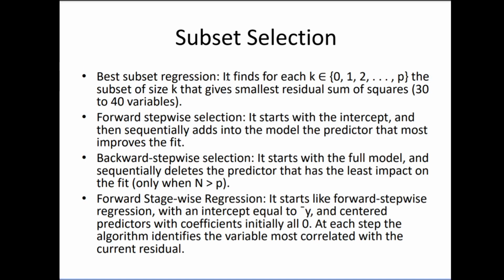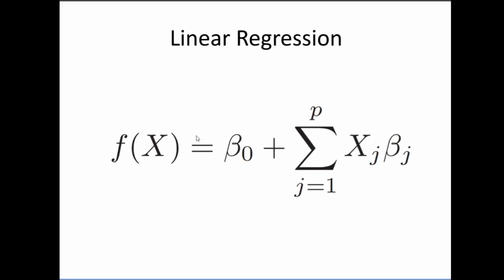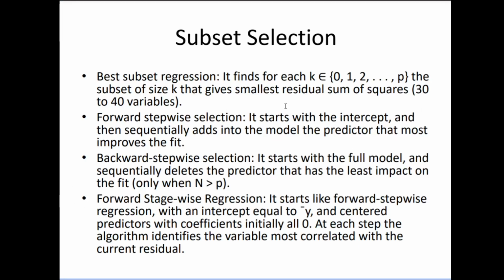So first of all, we have best subset regression. Now what does it do? It finds, for each k from 0, 1, 2 to p, the subset of size k of the p predictive variables that gives the smallest residual sum of squares. Because we were finding this beta, we need to minimize this, right? And then only will we get our best y, which will be able to predict our data the best. So we only take those variables which give us the smallest residual sum of squares, because that gives the best prediction function from linear regression.